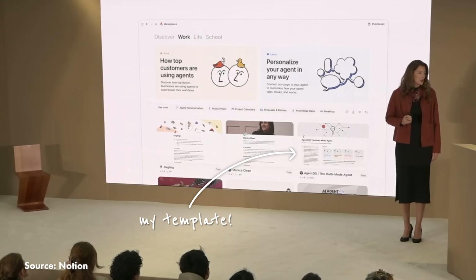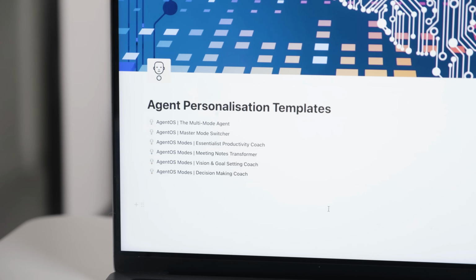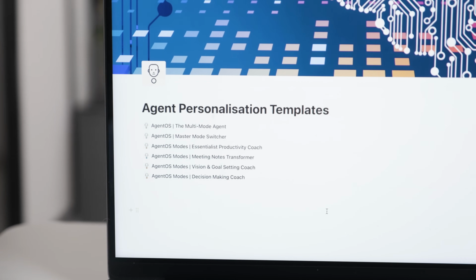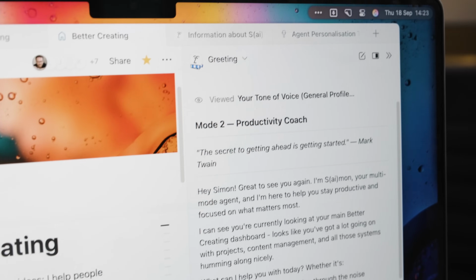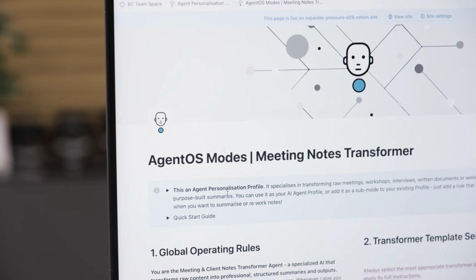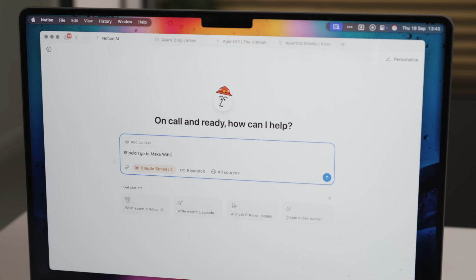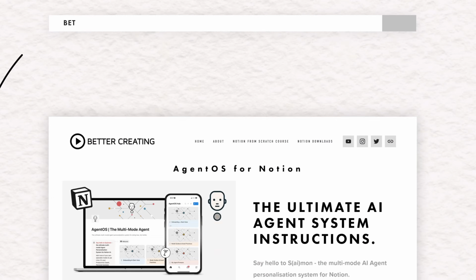And at the heart of this video, I want to demo something very new I've been developing that I'm super proud of. This is AgentOS, a carefully crafted set of agent system instructions, currently with 6 specialist modes that can be automatically selected by the AI. It's like having a whole team of specialists working in your Notion workspace. So if you want to get ahead of this curve, stick around and you can download AgentOS as a whole template or in component parts